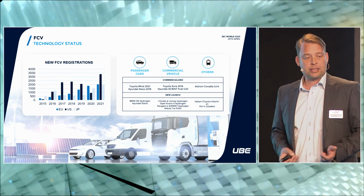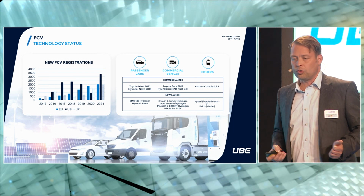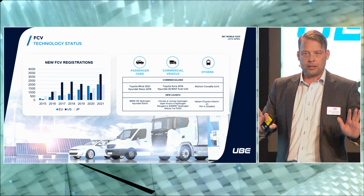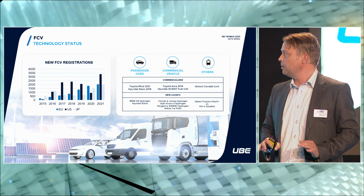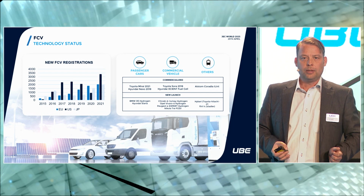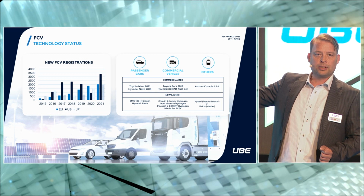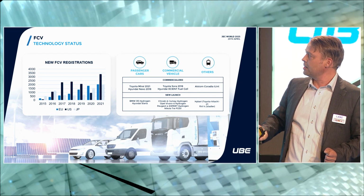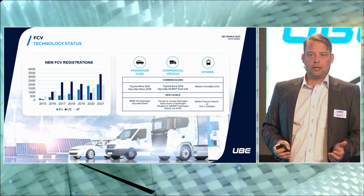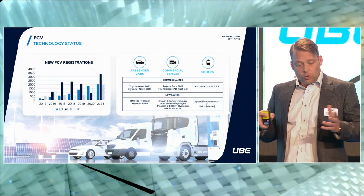And on the other hand, let's have a look at the cars available. The cars available today are basically the Toyota Mirai and the Hyundai Nexo, among other models that are in the market. Please, this is not the complete picture here. But these are, let's say, the two flagship cars that really make the numbers on the left chart. So these are real sales, the FCV registrations. And you can say the two models make up 95% of these deployment numbers. But the good news is